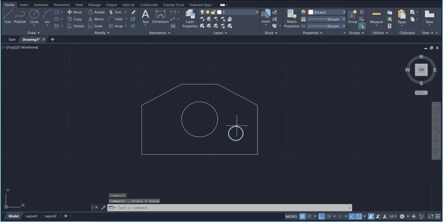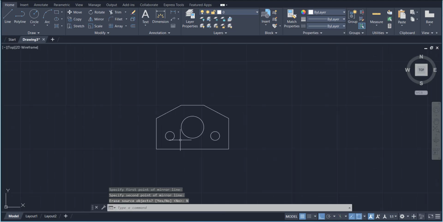Okay, and this circle we have to mirror it on this side. So select mirror tool, and this is the object, then press enter or right click, and this midpoint will be the center, and move it in vertical direction, and as you can see it's mirrored. Erase source object, no. So we have this,